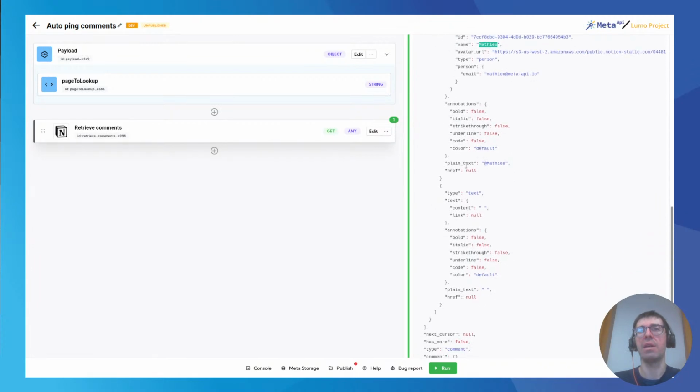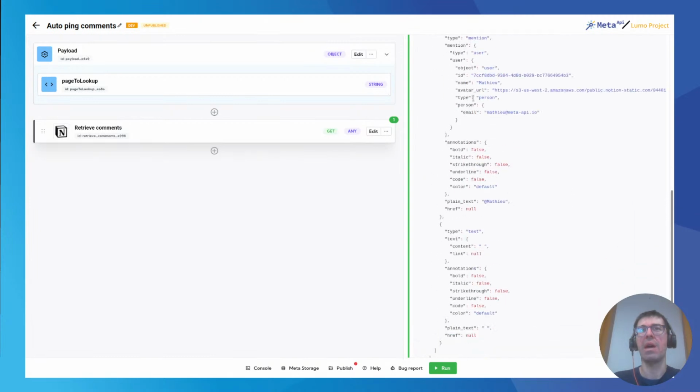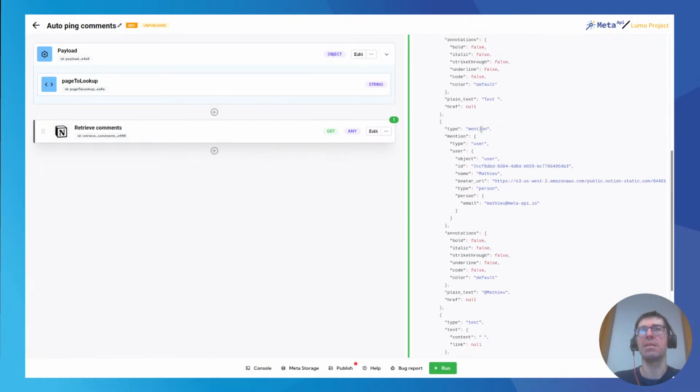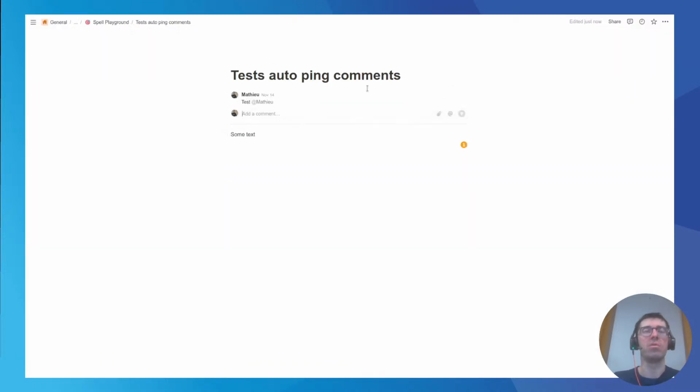And I have the mention as plain text. So I want to detect if I have a mention inside the comment, because you can also say, hey, everyone, announcement. If we don't have a mention inside our comment, I don't want to trigger anyone because I have no one to trigger. So I will delete this one,